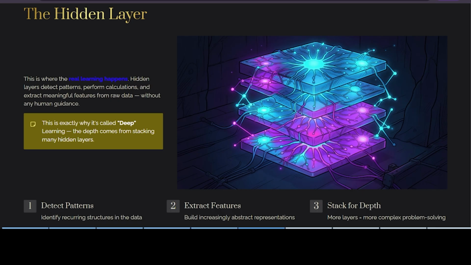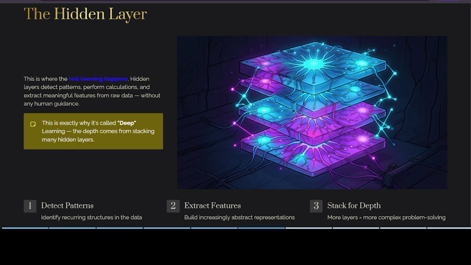As data moves through the hidden layers, the network increases the abstract concepts. In the first hidden layer, it might detect simple edges as well as lines. In the next layer, it combines those lines to detect shapes, like the circle shape and then the square shape. Likewise, it identifies the shapes.